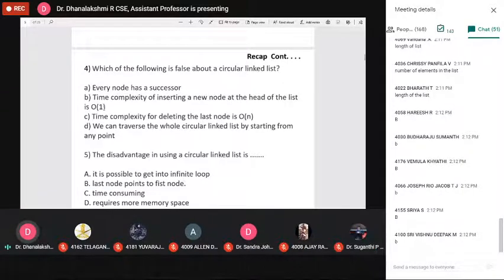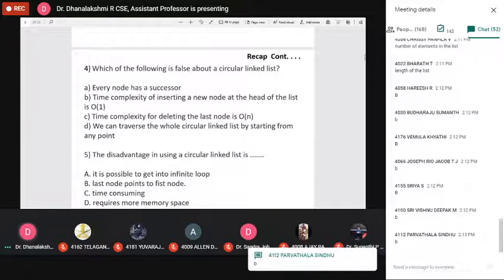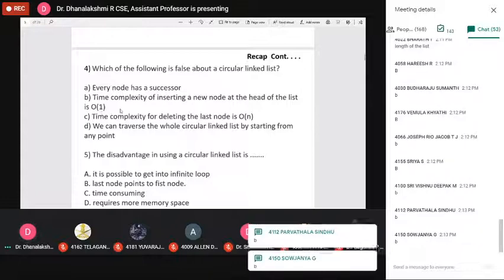When the element is found in the first location, the time complexity is big O of 1, because the searching is done only one time.